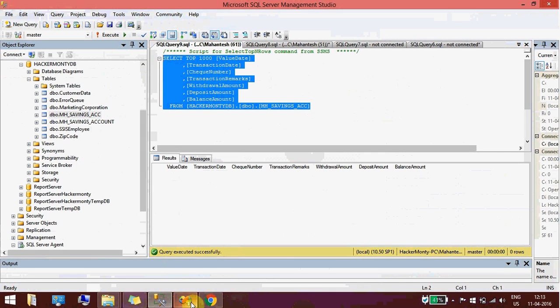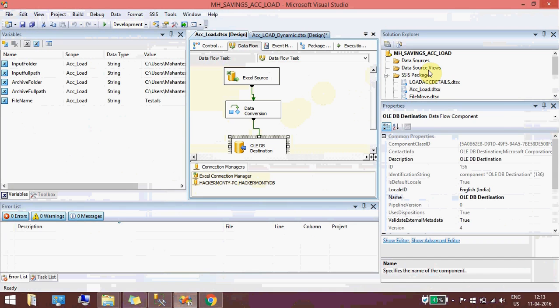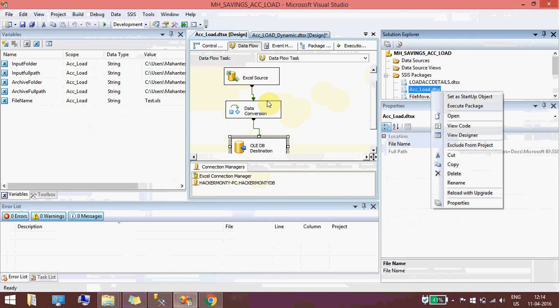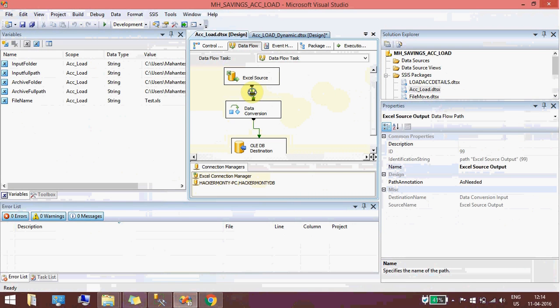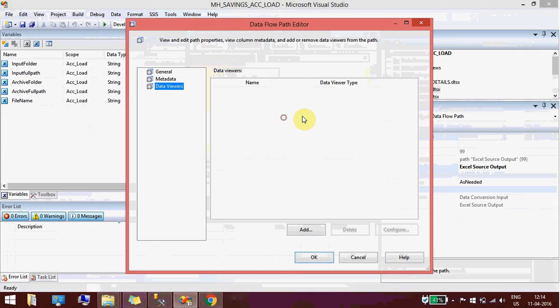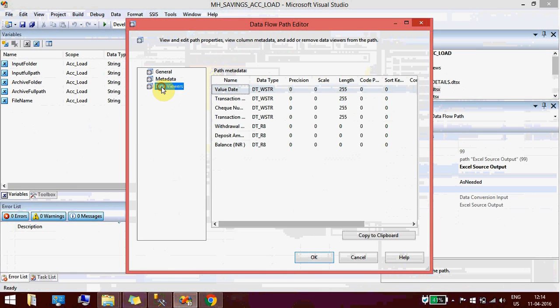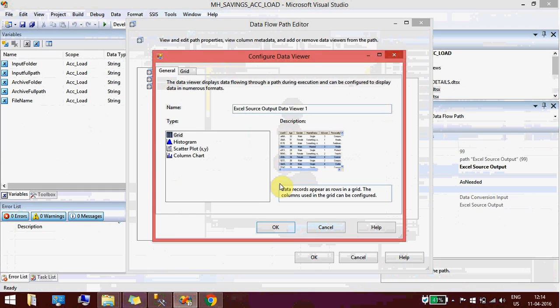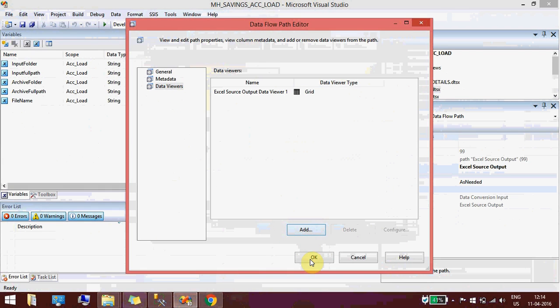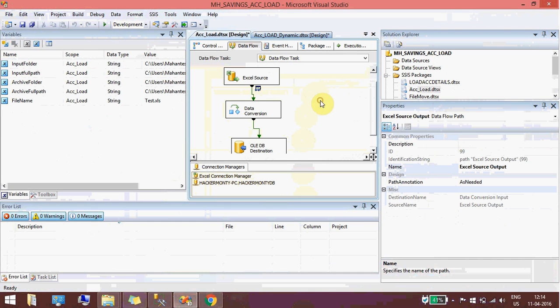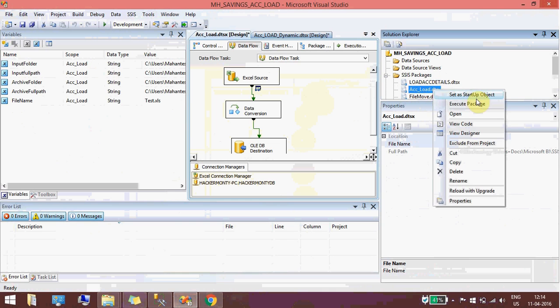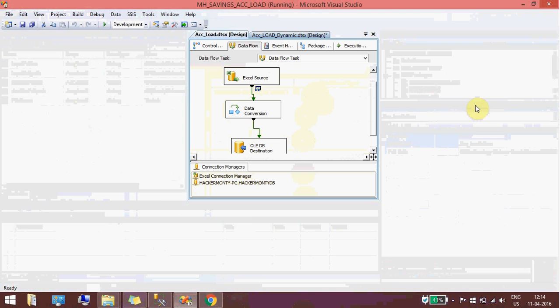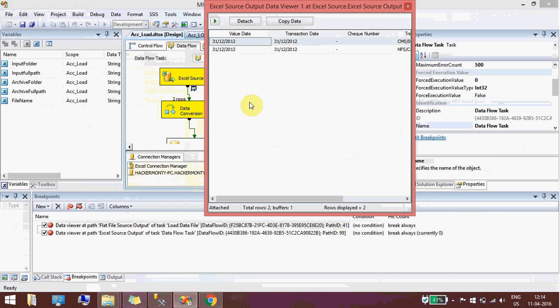So if I start executing, as an example, I'll show what exactly is happening here. I'll add one metadata. So add, let it be good. Okay. So I'll start executing this package. It just started.